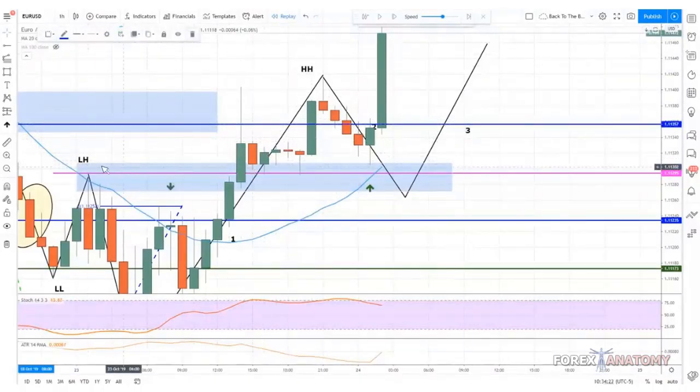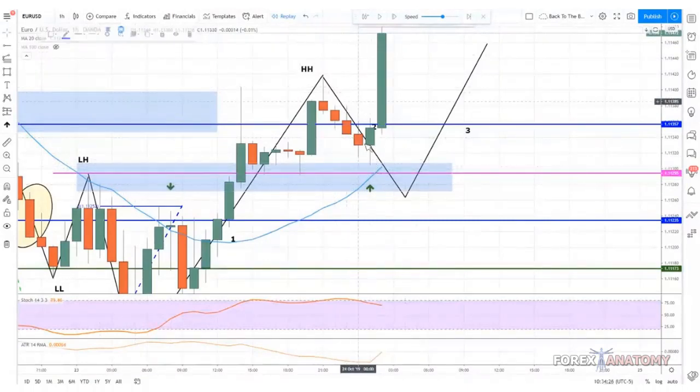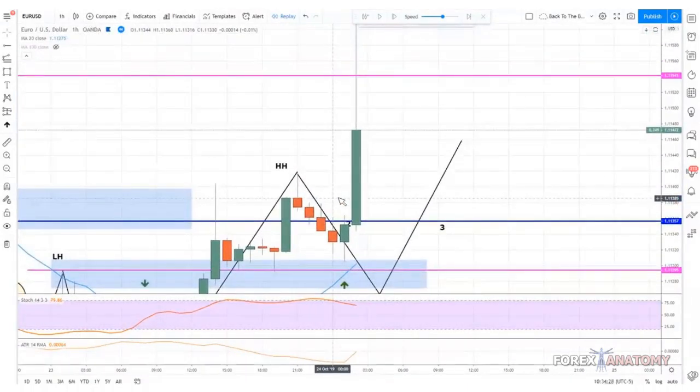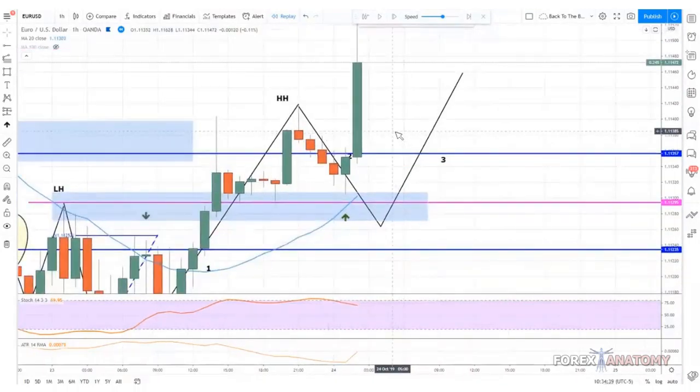But to make a long story short, price pretty much tested this previous high right here, and then we saw price shoot up from there. So that's all you're going to do. You can make a great living trading off the 1 hour chart alone and making 2 to 3% per day. It's quite possible. But lately, we've been teaching you guys how to do top-down analysis, just to understand stuff from the daily chart and work your way down. But this is really what trading is all about. It's all about doing this.